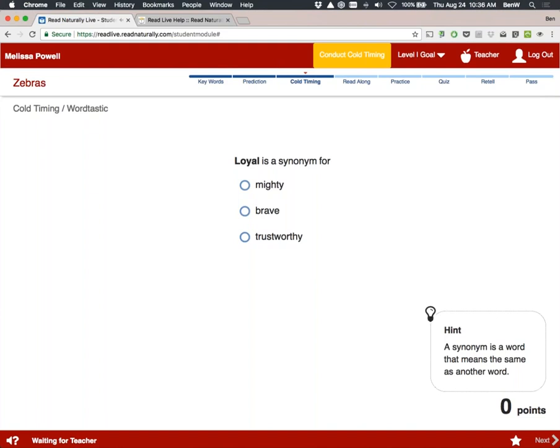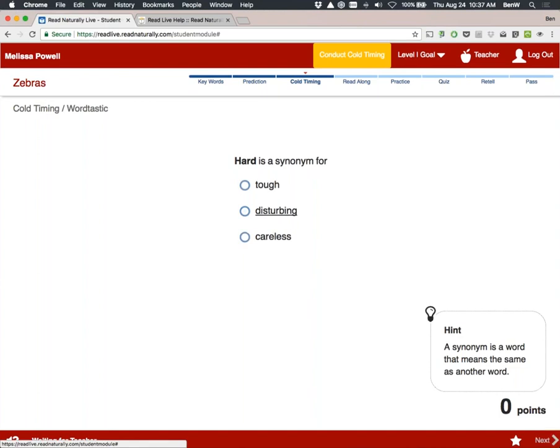So the next step, if we look at the progress bar up at the top, is cold timing. In this scenario, teacher is required for cold timing and for past timing. You can adjust whether teacher is required in that story option screen that I demonstrated for you earlier. Because teacher is required and we want students to remain engaged with the program, we provide you with this waiting time activity called Wordtastic. Wordtastic is a synonym and antonym word matching game. Students match by clicking on the word that they think fits most appropriate for the synonym or the antonym. If they miss an answer, the answer is provided for them.